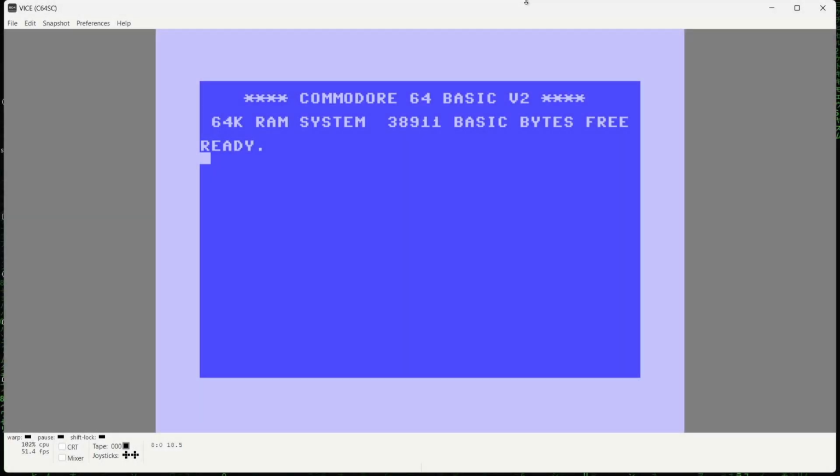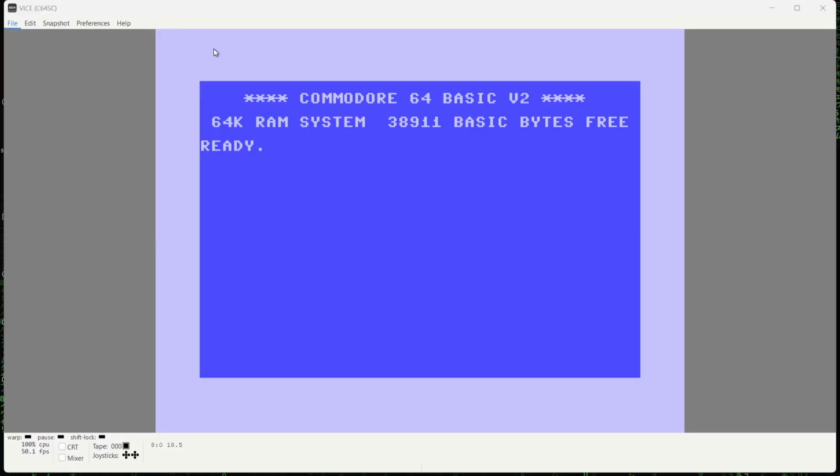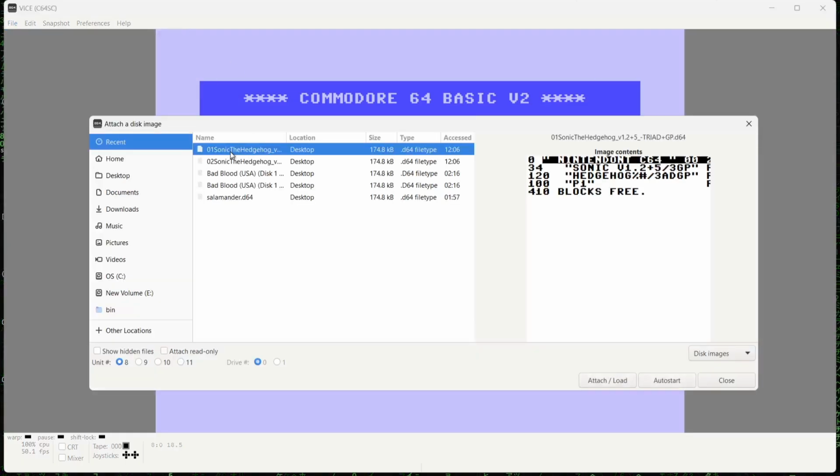Okay, so next thing I'm going to show you is how to enable REU, that's RAM Expansion Unit. And there's particular games that you need extra RAM for. So let's just load up a game and I'm going to show you exactly what I mean. So if we go to File, Attach Disk Image, Drive A. Now I'm using Sonic the Hedgehog. This one came out a few years ago and it's a superb port, but it needs extra RAM. So if I go to Auto Start this,